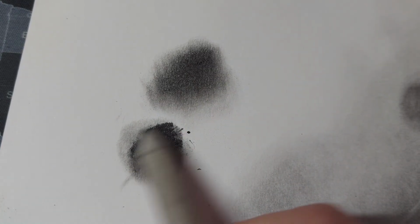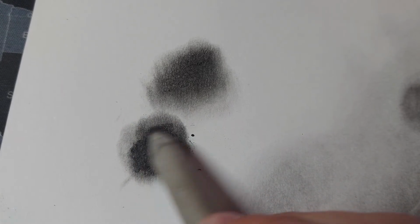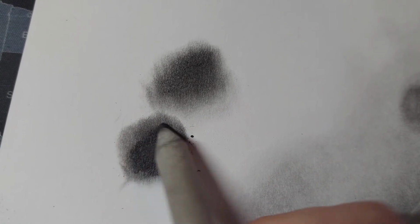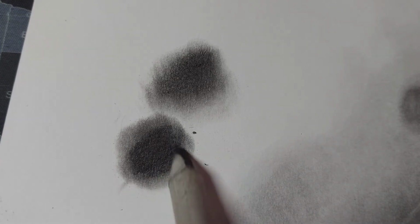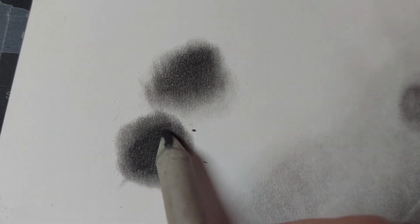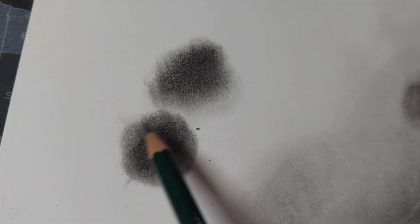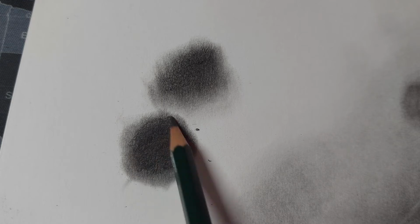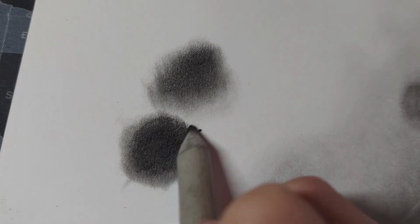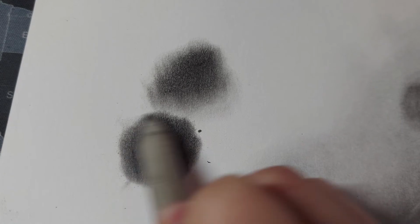Take this one, apply a bit more pressure to really blend out my edges. See, I have to work hard for this. I don't like working hard. You can still see there's like a halo. And I really can't blend out this 8B even more. And I have to use a pencil to get it there. So let's see. 8B. So harder pressure doesn't always work in your favor right away. You need to work smarter. There, I get it right. That wasn't as hard as